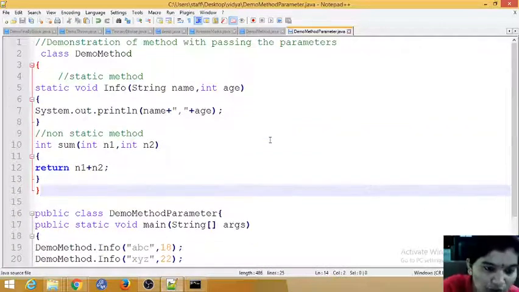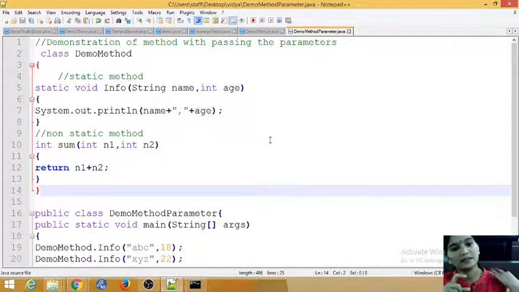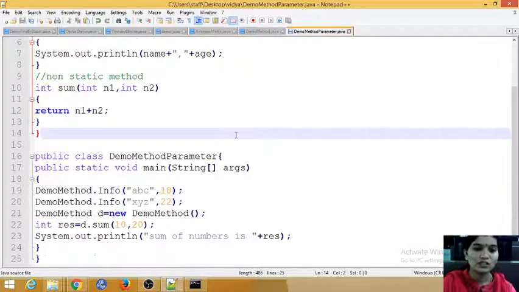So hope you understood. Within the class, if you write the static methods, you just call the method name. But when you are writing your methods in a different class and your main method in a different class, that time what you are going to do? Call with your class name and the method name. So if it is non-static, you have to create an object, then only you can call that method or pass the parameter. So next video we'll see some other concepts.